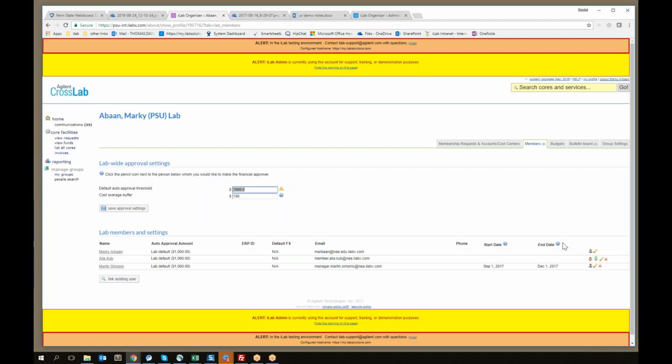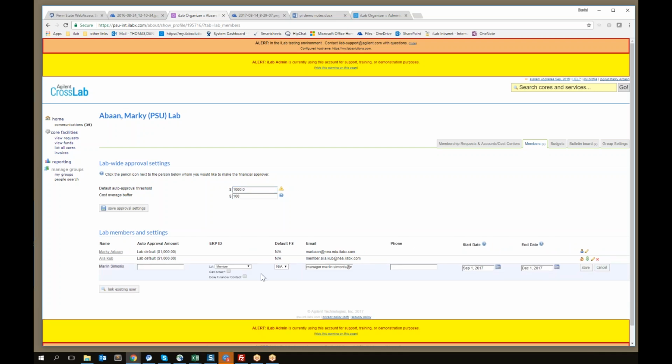To make updates or changes to a researcher in the lab, you can click on the pencil next to the researcher all the way to the right. And here you can change their level of access, right? And so by default, each researcher is going to be a member. You can make them a manager, which will give them financial approval authority and notifications authority, or you can make them